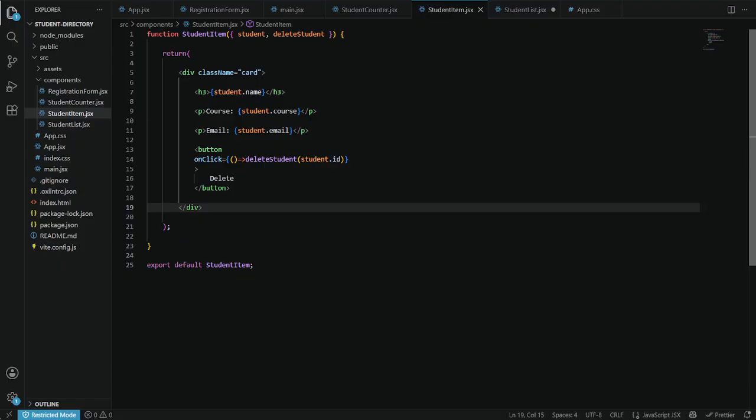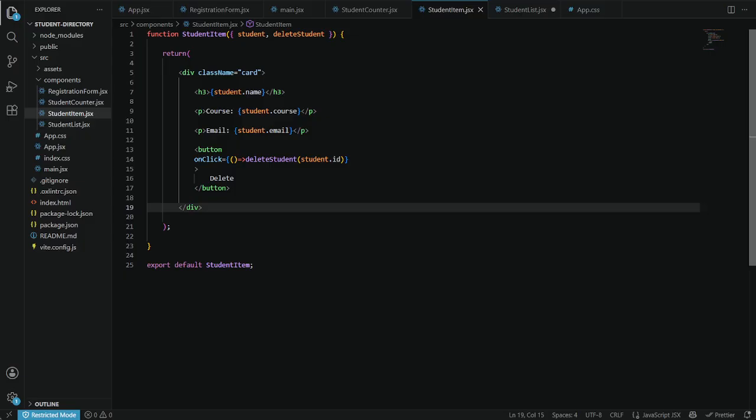And the student item is the function student item, then the student, we have the open and close parentheses, student and delete student, meaning we have two props from student list. The student contains the student information like the name, course, and the email. And the delete student is a function used to delete the student, of course.